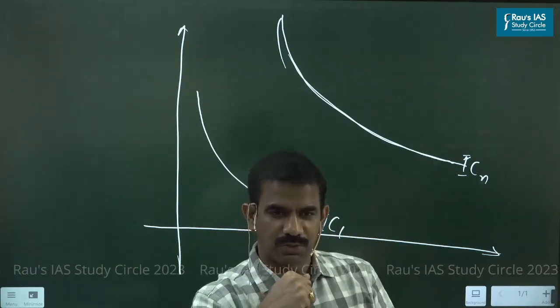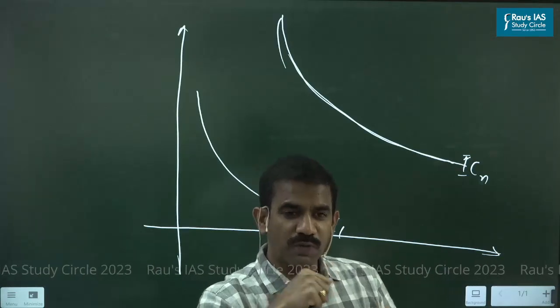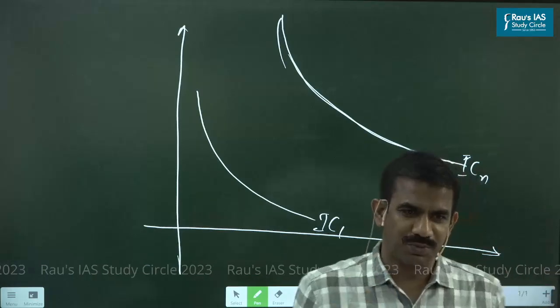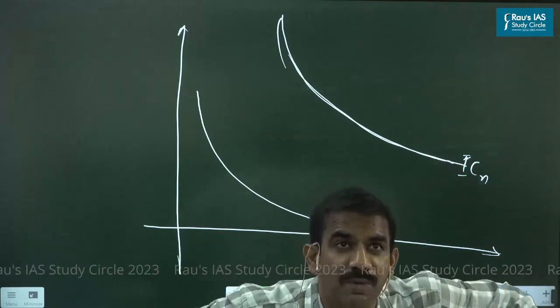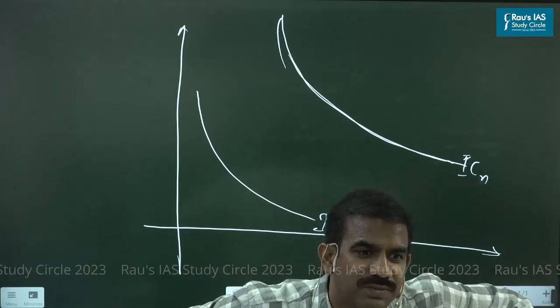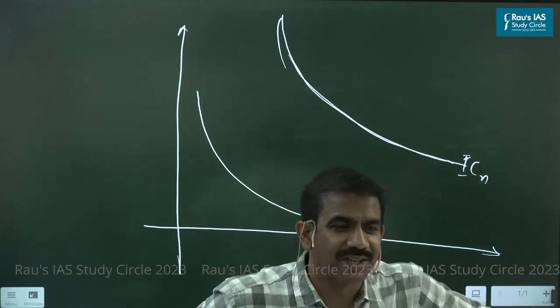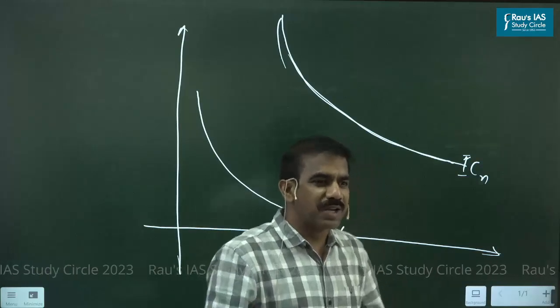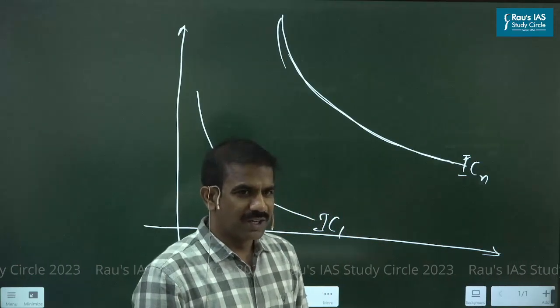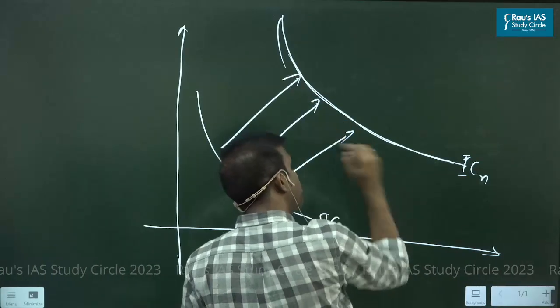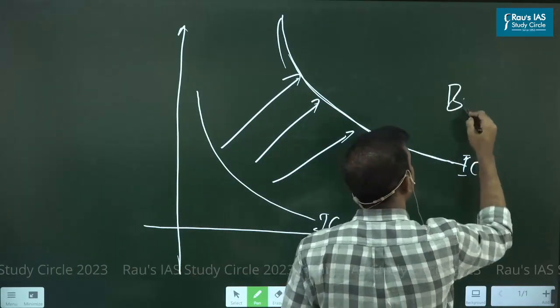Okay, why is it so? Like you always prefer riding a Rolls Royce and flying a chartered flight, isn't it? But why don't you? What is limiting your ability to reach the highest indifference curve? Budget. That's it. Okay. So your ability to spend is limiting you, isn't it? So we always try to reach the highest indifference curve, but what is limiting your ability is your paisa, isn't it?